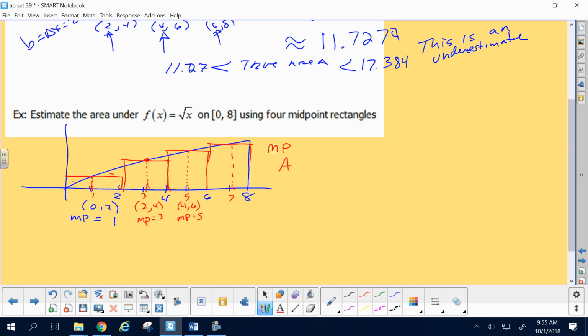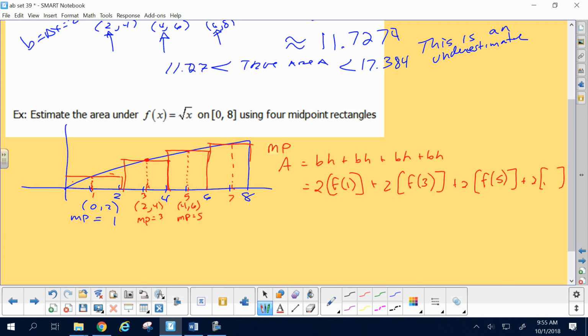All right, so the area is 4 rectangles. And the base of each is 2. What is height 1? F at 1. Then F at 3. Then F at 5. And F at 7. Okay. We can factor out a 2 because they all have a common base of a rectangle of 2